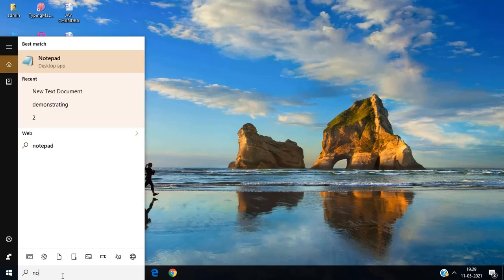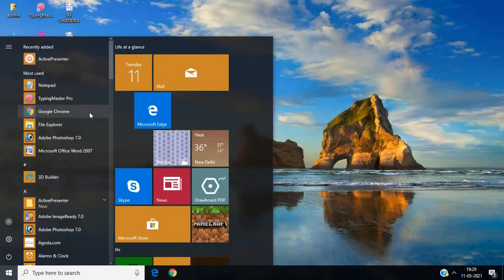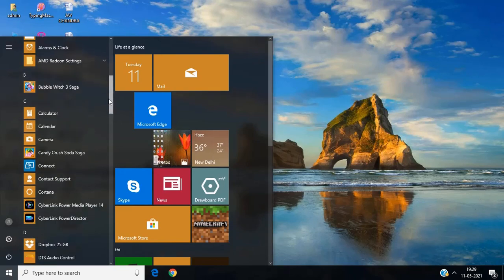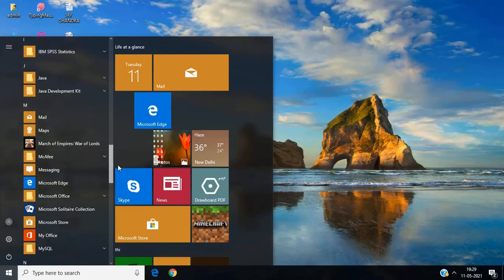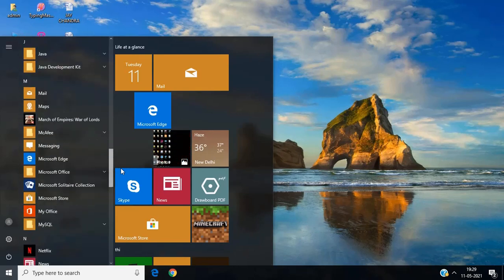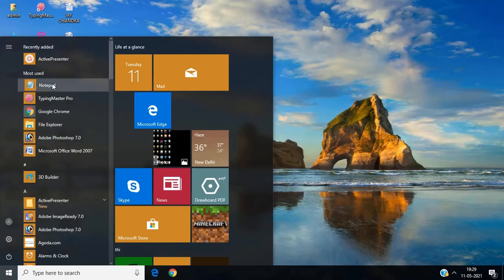Or otherwise click on the start button and select here, it is showing most used, because we use notepad most recently in our college. Or otherwise you can drag here and you will get the notepad option. So I am selecting the notepad here.